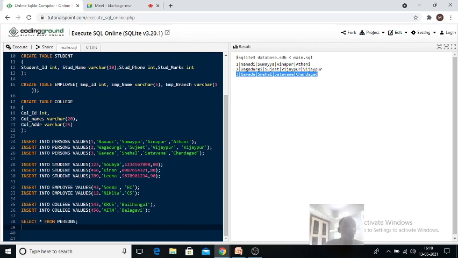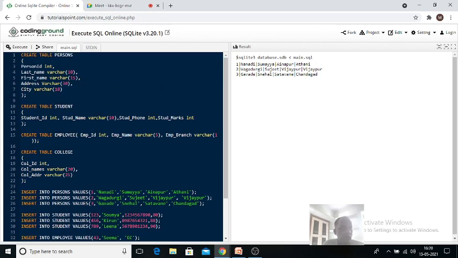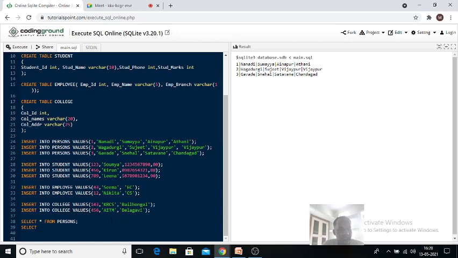Now, same table, what am I going to do? Select. Okay, I'm going to choose first name first. First name, comma, then last name.